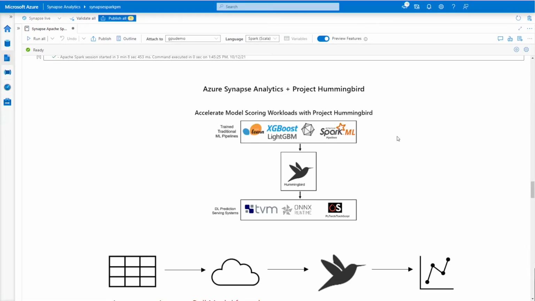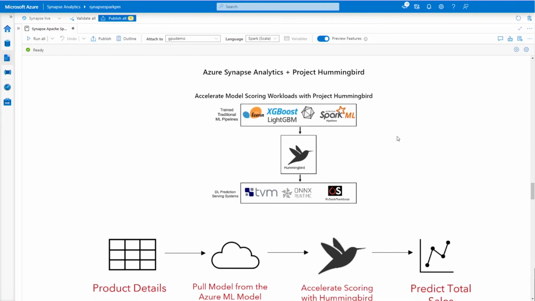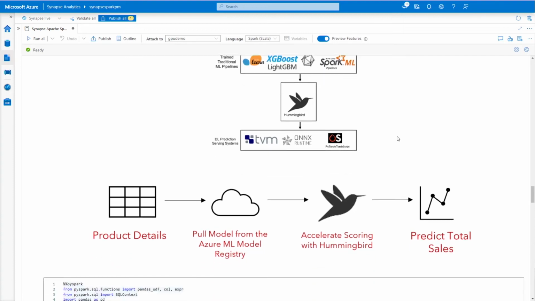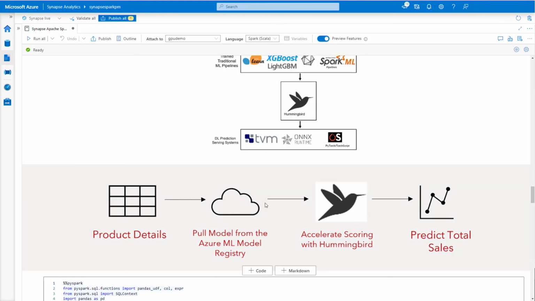Next, let's take a look at how GPUs can also be used to accelerate model scoring scenarios. With Hummingbird, users can leverage neural network frameworks such as PyTorch and GPUs to accelerate traditional tree-based machine learning models. Here, we'll take a look at how a data scientist can pull a model directly from the Azure Machine Learning Model Registry and then accelerate their scoring using Synapse Apache Spark and Project Hummingbird to predict the total sales